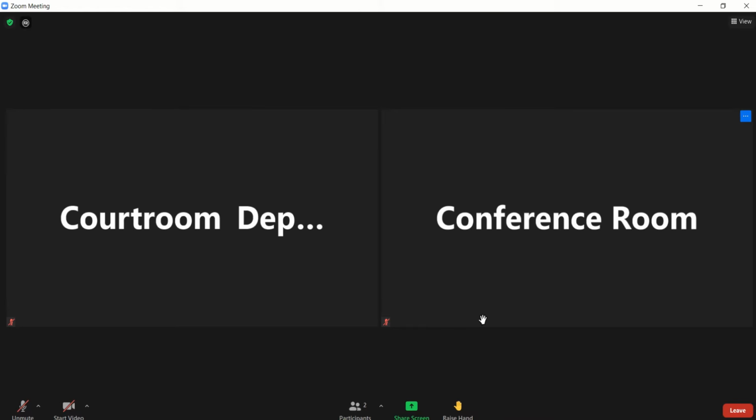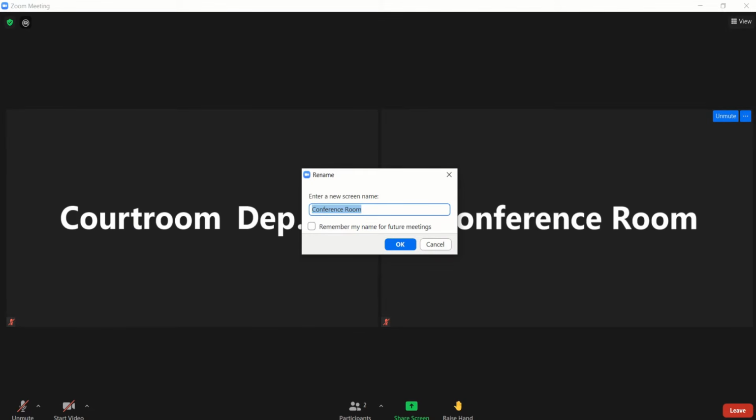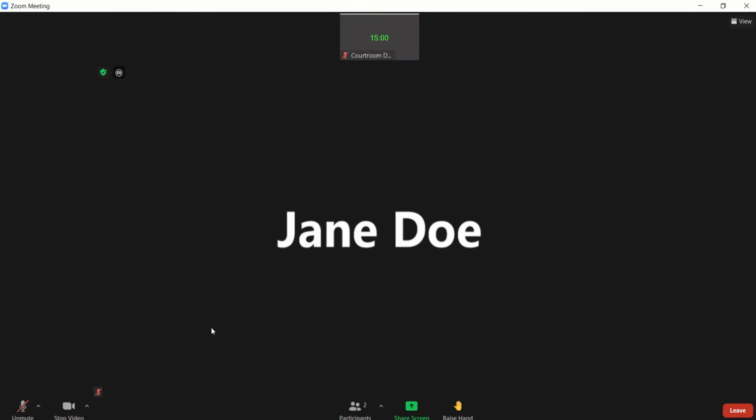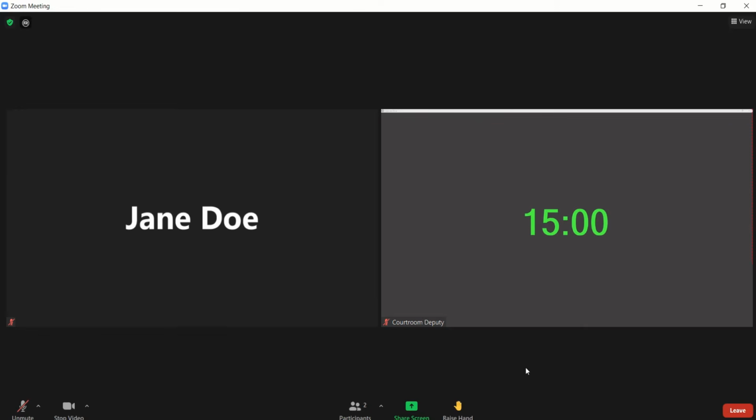To update your screen name, move your cursor to your video box. Right-click on your mouse and select Rename from the drop-down list. Enter your first and last name and click OK. To enable gallery view, move your cursor to the top right of your screen. Select the view option and then select Gallery View from the drop-down menu. Enabling gallery view allows you to see the judges, timer, and opposing counsel at the same time in a grid